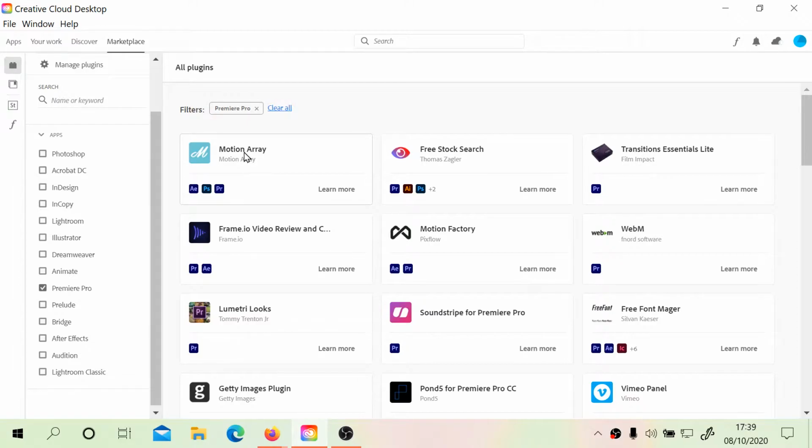So I'm going to start. I'm just going to read some of these things. It won't be on the screen, you'll just be able to see the name of these things, but I'll explain them. I'll be loading them on my other monitor. So this one at the top left called Motion Array. It says get unlimited downloads of video templates, stock videos, stock photos, royalty-free music, and more directly in your Creative Cloud applications. It's free, and